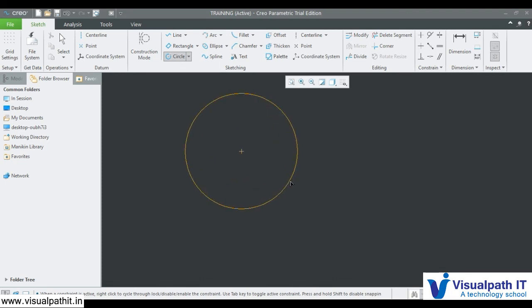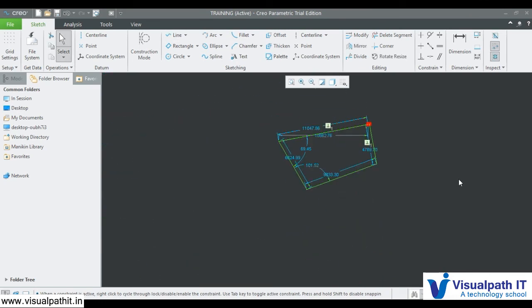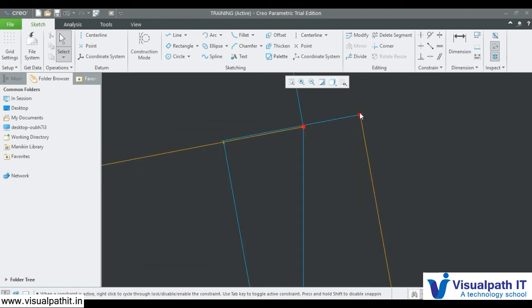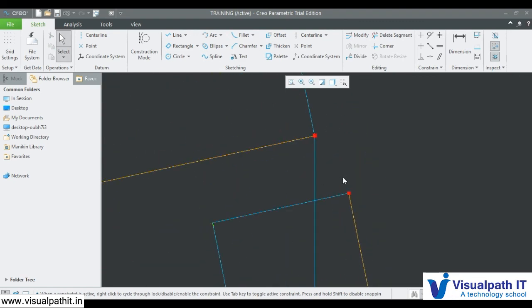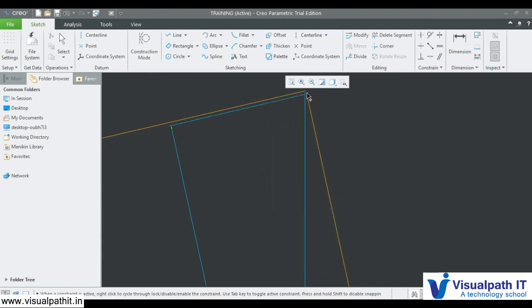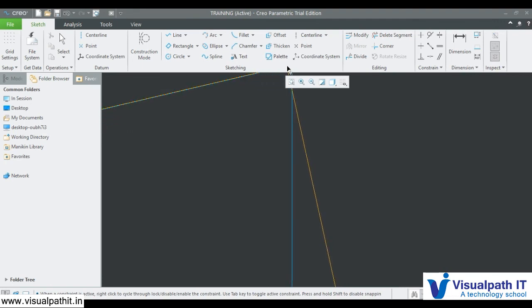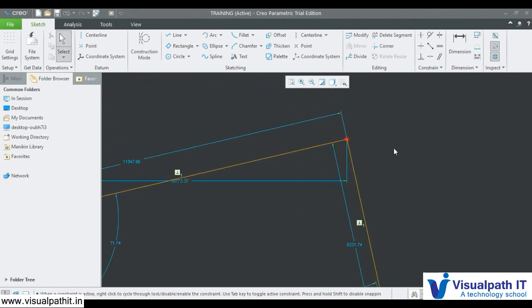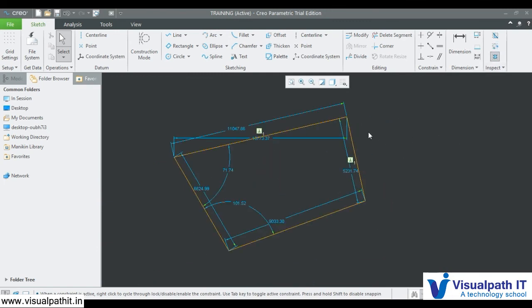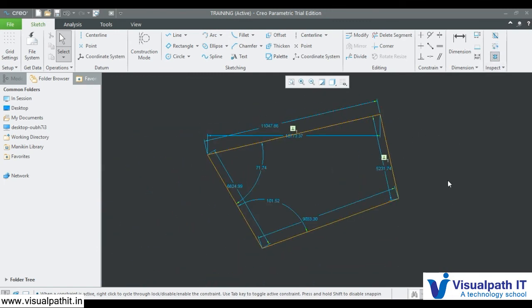And one more point is how to check the sketch. At this level my sketch looks closed, but how do I know if it is really closed or not?